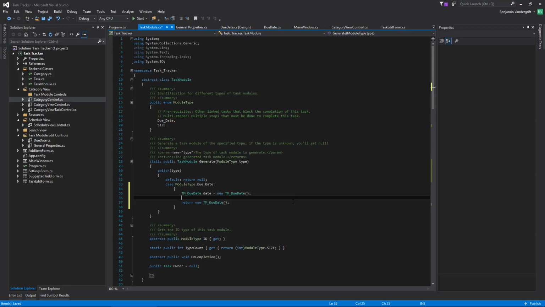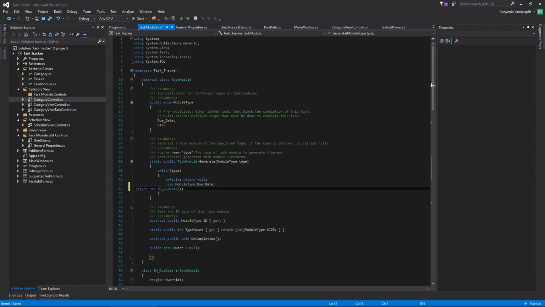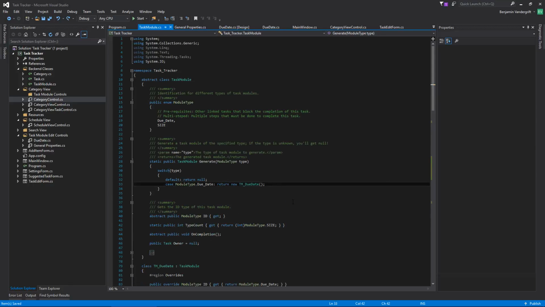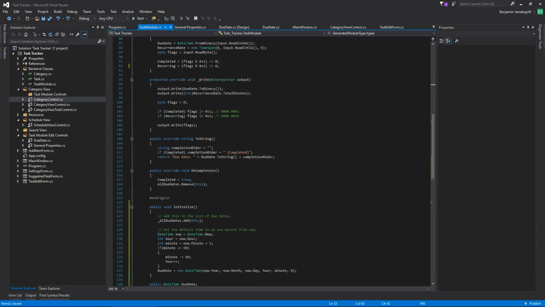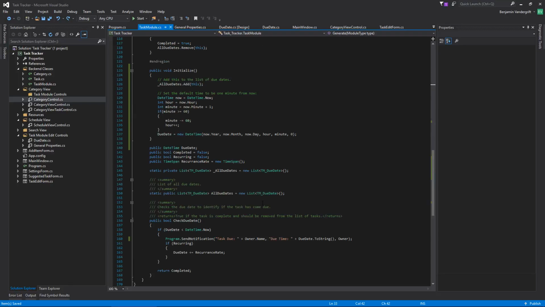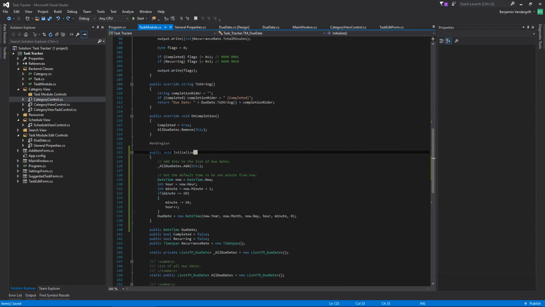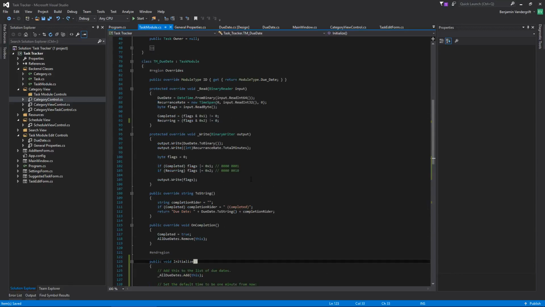See, the problem is when I'm generating this, I need a way of making sure I'm adding it to my lists to maintain it when I'm adding a fresh one. But when I'm reading one,